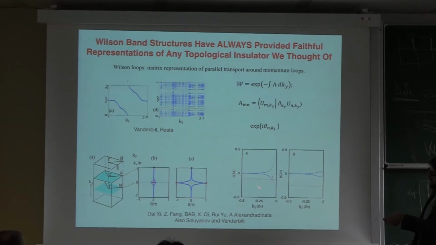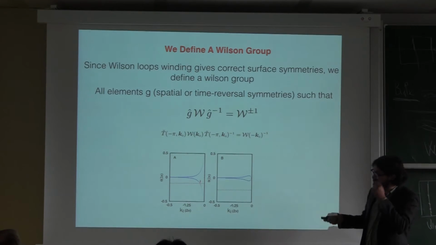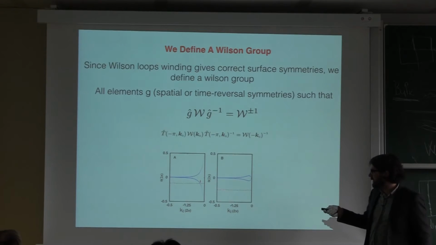This is just the Kane-Mele model. You can see that they wind, in a very symmetric way. And this is the trivial case where they don't wind. So the moral of the story is that Wilson loops tell you your edge behavior without actually putting an edge in the system. This is just the Kane-Mele model, or actually it's just mercury telluride, but whatever, same thing.